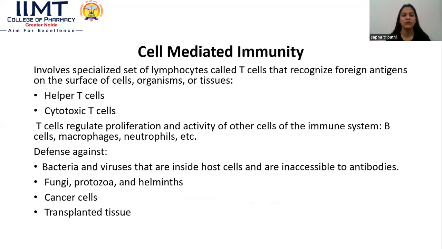And the second type of immunity is cell-mediated immunity. It involves a specialized set of lymphocytes called T cells, which recognize foreign antigen on the surface of cells or organisms. There are two types of cells, helper T cell and cytotoxic T cell. T cells regulate proliferation and activity of other cells of the immune system, B cells, macrophages, neutrophils, etc. and defend against bacteria and viruses that are inside host cells, and also protozoa, cancer cells